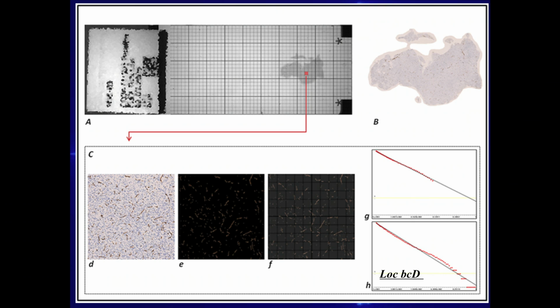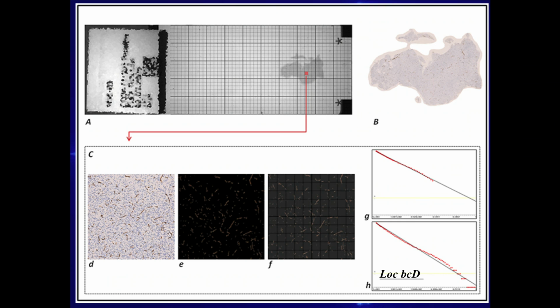So how can we choose a hot spot while reducing the inter-observer variability? Let's ask the computer to choose the hot spot. So we introduced a new algorithm in which the computer makes a grid of standardized 1 millimeter squared boxes. On each of these boxes it makes a measure of the vascular area. Where the vascular area is the highest number, this is the hot spot. So automatically the computer extracts the highest hot spot area, and on this hot spot we do the box counting